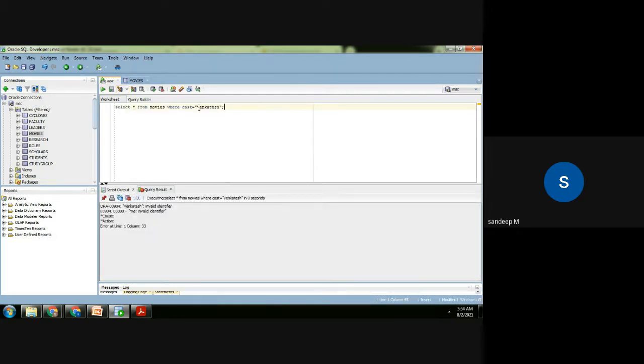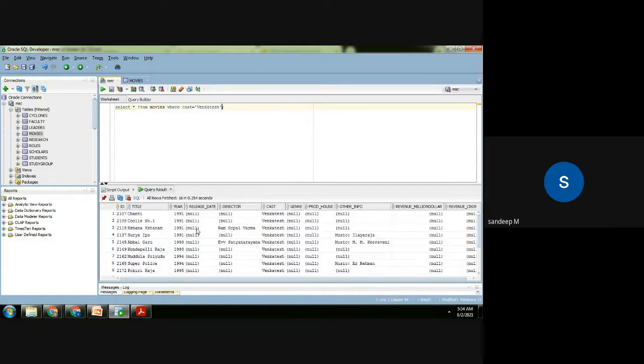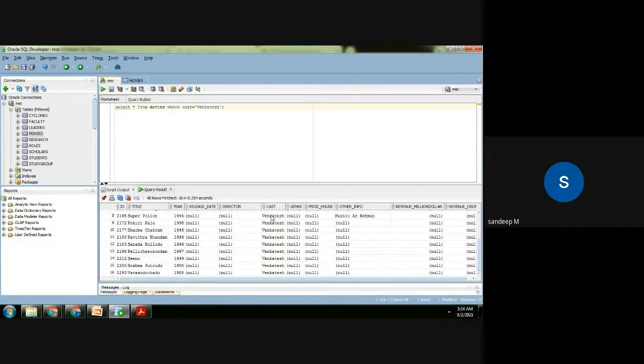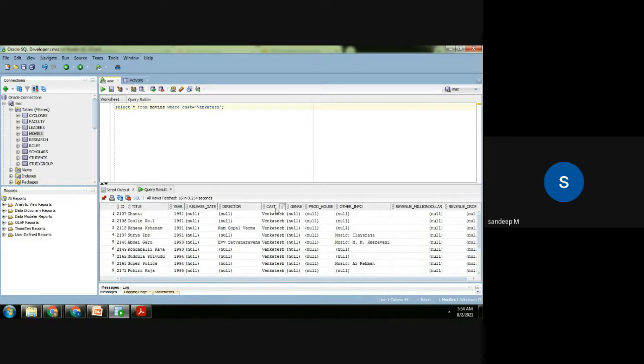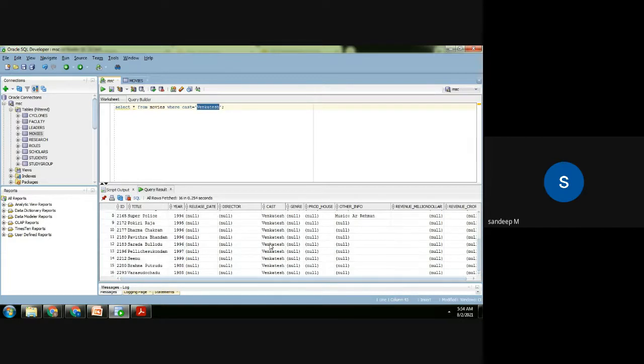Okay, it has returned some 16 rows. So the cast has only a single value, which is directly matching. But if you see, there are many other movies in which Venkatesh is the hero, but the cast has other actors also, and that's why those rows are not returned. We are saying this should be an exact match, so only 16 movies have this.